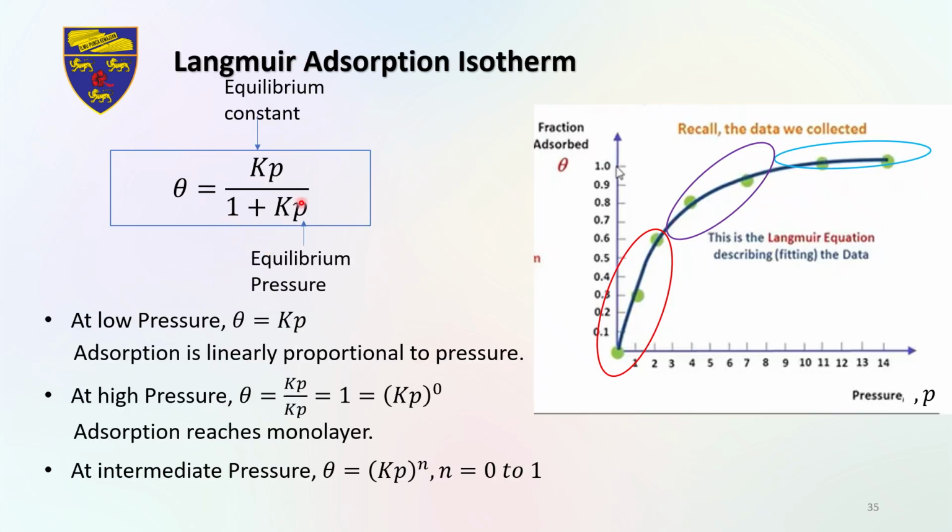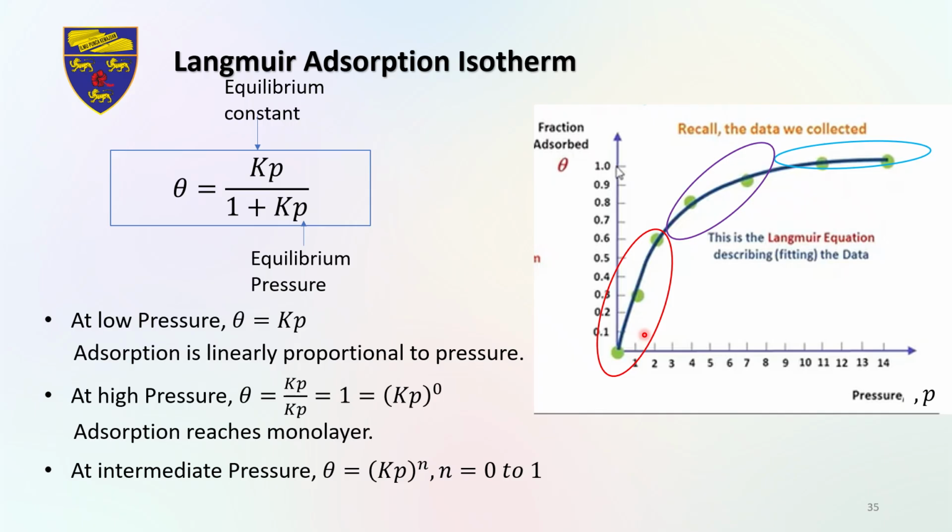If we look into these equations, we discuss the effect of the pressure on the fraction of adsorption in 3 regions: low pressure, high pressure, and intermediate pressure. At low pressure, the P value is very small. Therefore, theta will be proportional to the equilibrium constant multiplied by pressure, which is theta equals Kp. Therefore, we say that at low pressure, the amount of the gas adsorbed will be proportional to the increase of